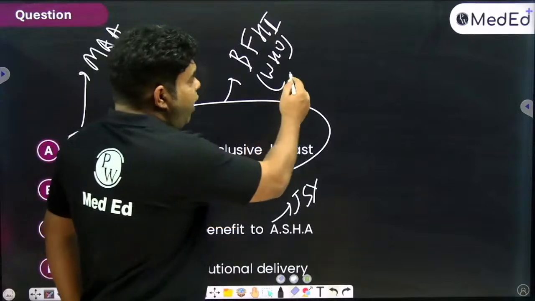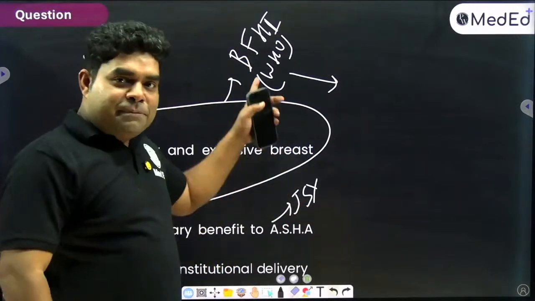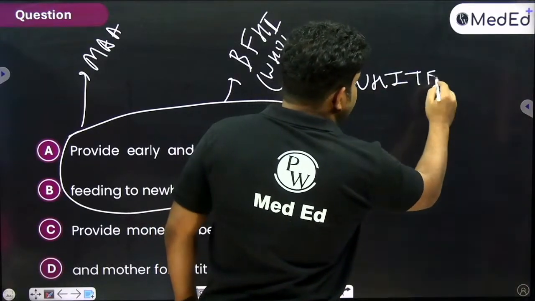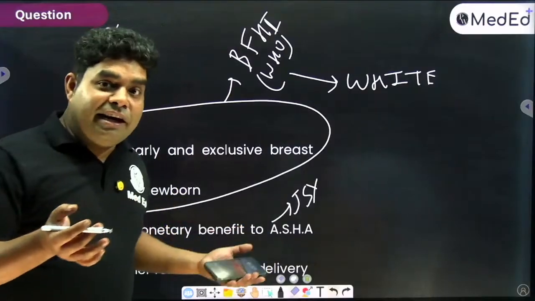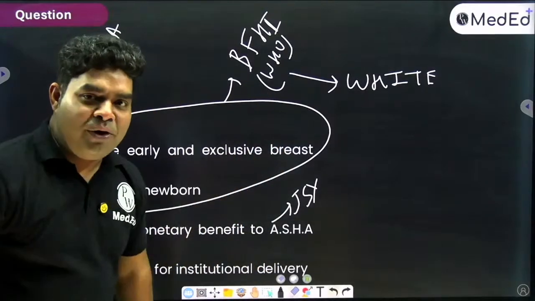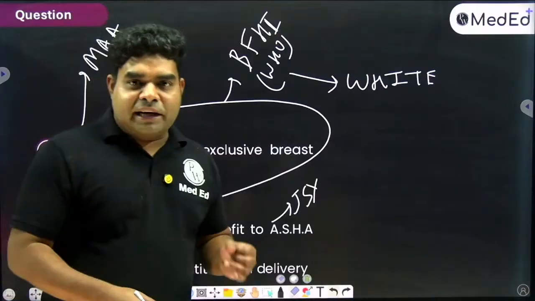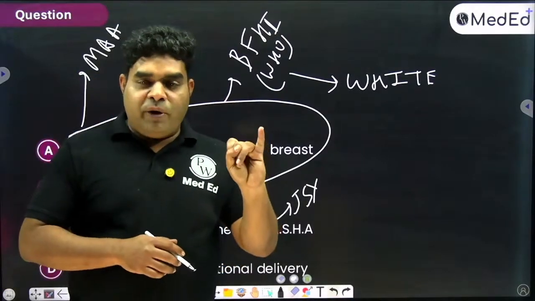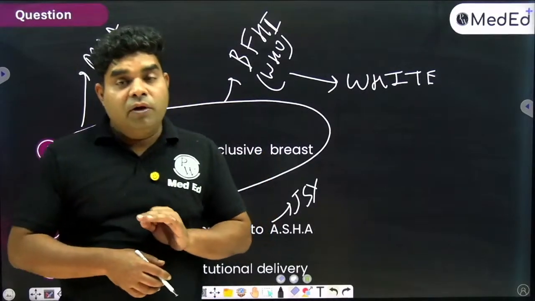But if you find white color mother child, we consider white color as foreigner. That is BFHI. So there are 6 logos where you can find mother and child together. One by one we will discuss it, and in the end I will revise all those 6 logos with mother child so that you will never confuse. But still, let me tell you one summary of all the 6 logos. Yellow color mother child JSSY, blue color mother child UNICEF, white color mother child Baby Friendly Hospital Initiative, black color